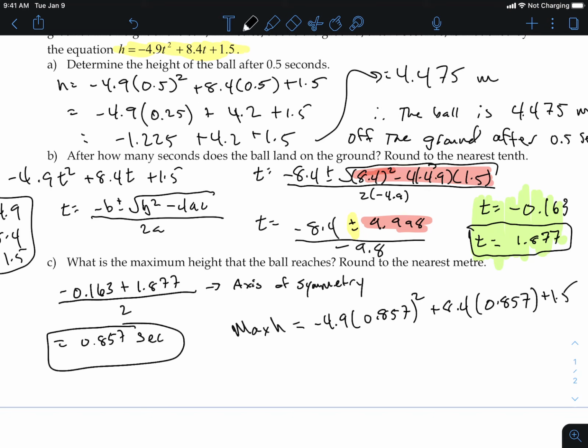Once you do the math on that, the max height should equal 5.1 meters. Therefore, the max height